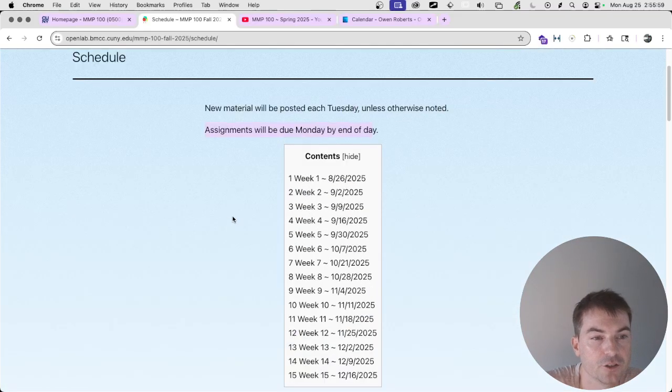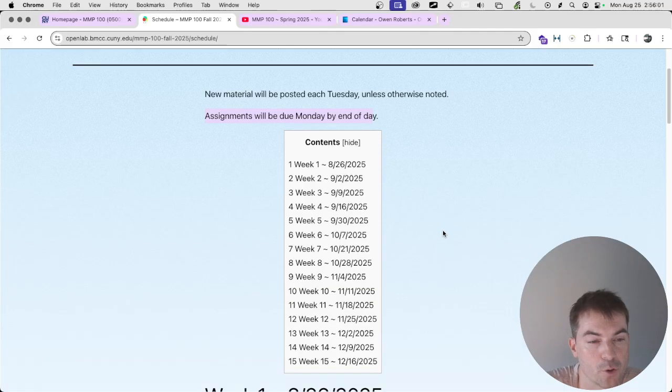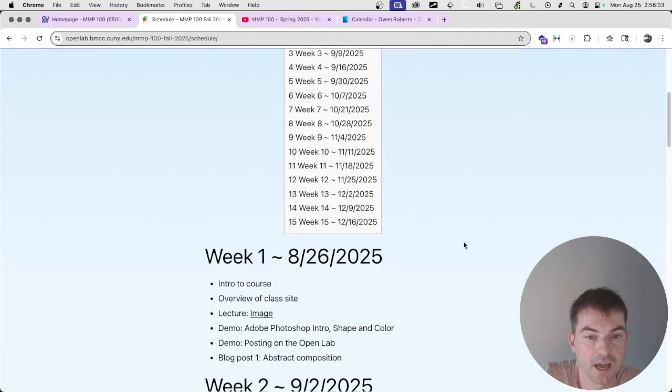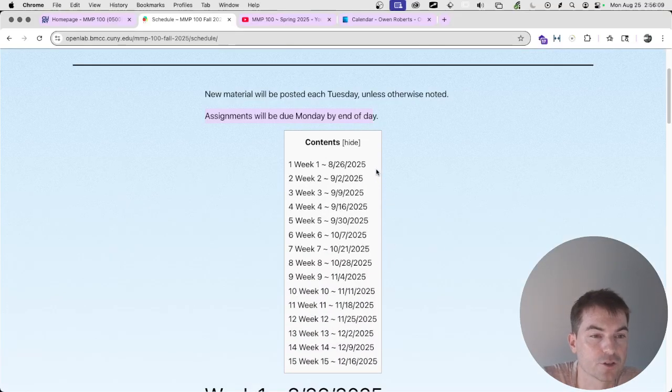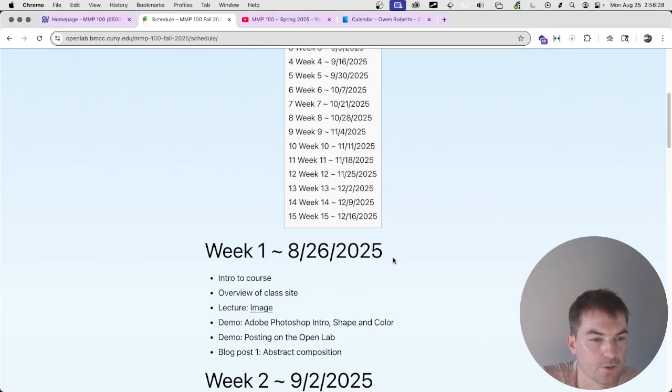So each week, it has the date of when I'll post stuff. Each of these is a Tuesday. I don't think there's any weird Tuesday on a Friday or Tuesday on a Monday, but there are some days off. Between September 16th and September 30th, there's a week missing there. Let's see if there's any others. Thanksgiving is in there somewhere. I guess that might be it. But if there's a holiday, I'll do the holiday.